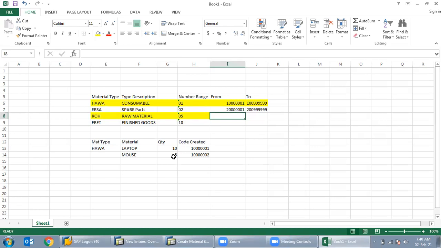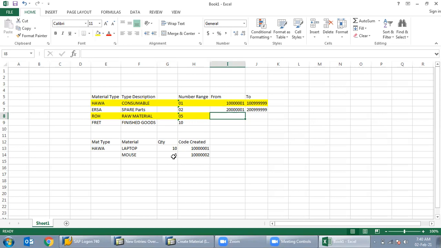Okay, so we are creating the range for that material type. Yes, you have to set up whatever is required for material code creation. Now understood. I thought that we were creating a material code also.